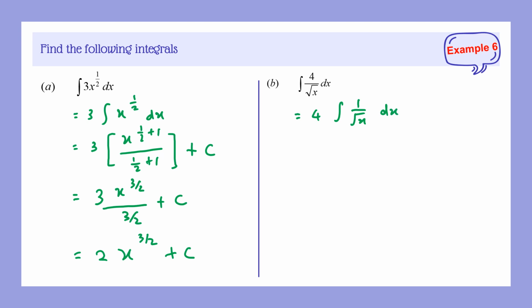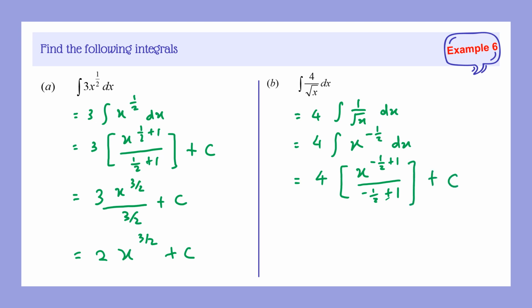And then we simplify, we change integrate 1 over square root of x dx to integrate x to the power of negative 1 over 2 dx. And then we integrate, then we get 4 integrate x to the power of negative 1 over 2. We get x to the power of negative 1 over 2 plus 1 over negative 1 over 2 plus 1